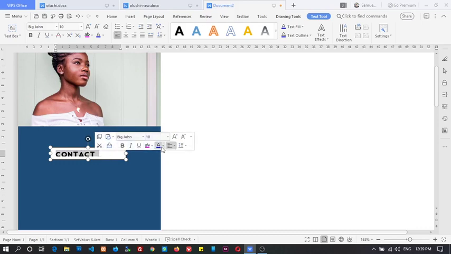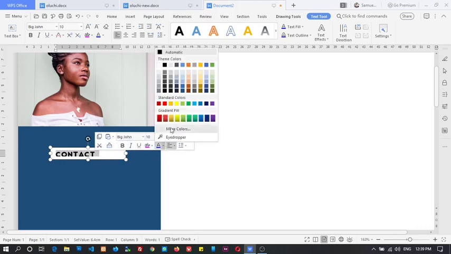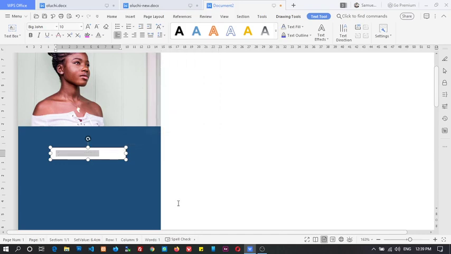Now this contact here, we want it to be in white color. So white is what we want to give it. Now as we have put it in white, you will see that you cannot see it. But what you need to do now is, this text box comes with its own background. So we'll click on it, then we'll remove the background color we have, which is this one,